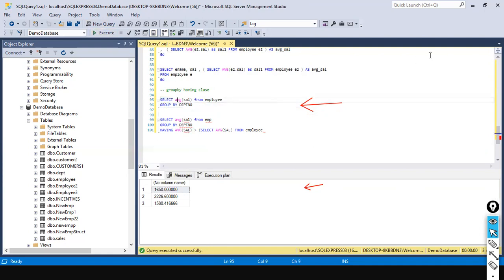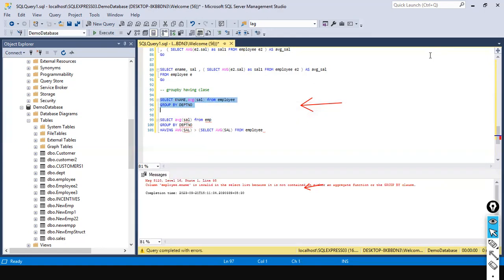Okay, here let me do one thing, ename. See, I did it intentionally. Column employee.ename is invalid in the select list because it is not contained in either an aggregate function or the group by clause. Whenever you use